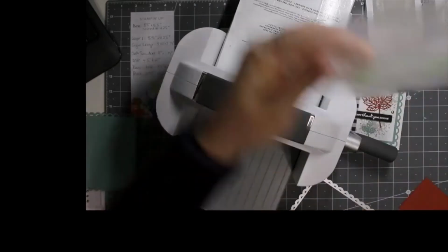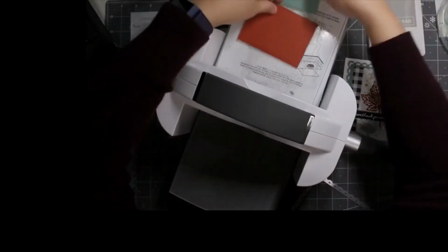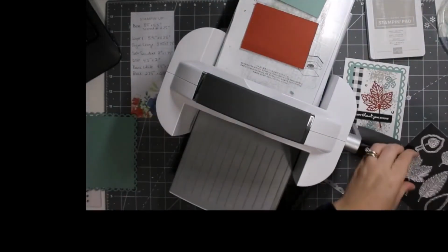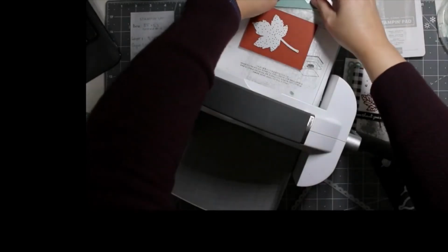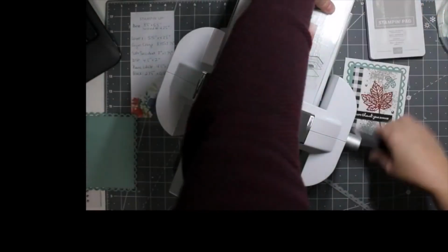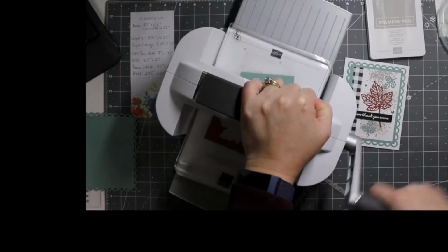Pardon the noise. Just want to make sure that there's no little bits on there. So then I'm going to put both of these down and pull out the dies I want. So again, taking this large maple leaf, and then I'm grabbing 2 of the smaller intricate dies, and we're going to pass these through. Now these ones I'm going to pass through twice, and the reason I'm doing that is